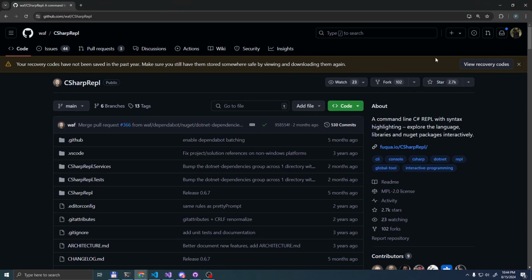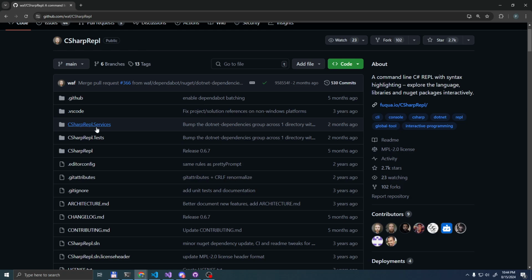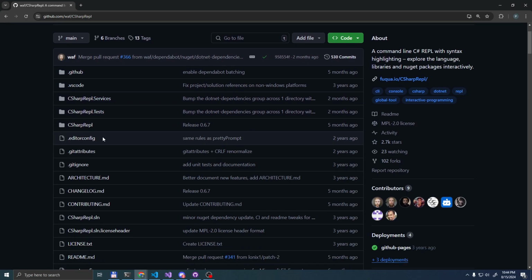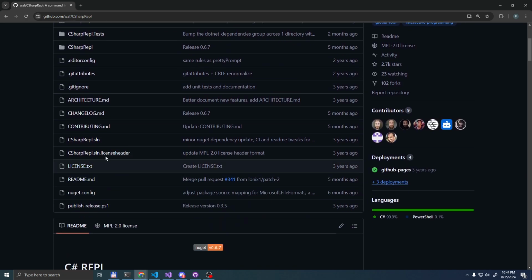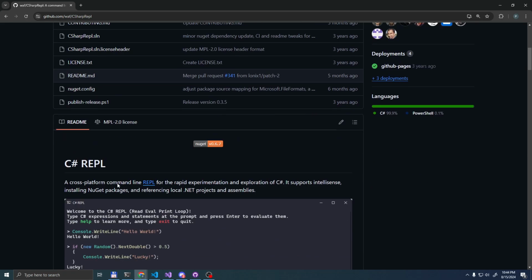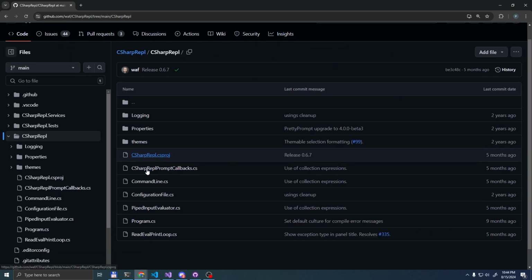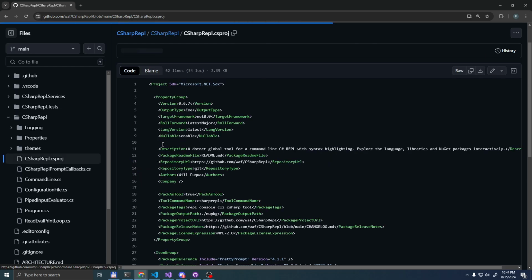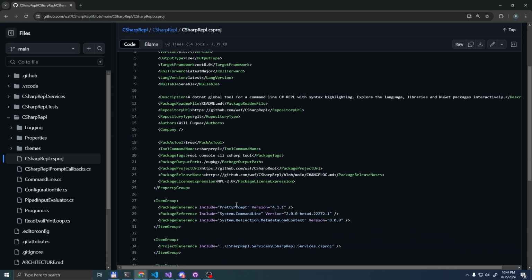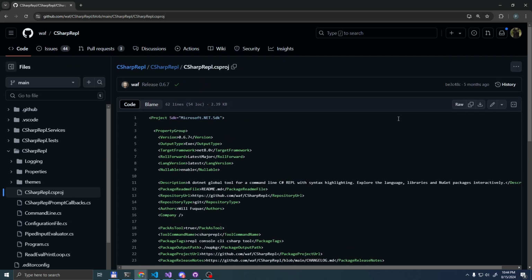So as far as I know, this REPL thing that I use and love exposes a library that should help us with that. It's referencing some pretty prompt. Let's check that out.